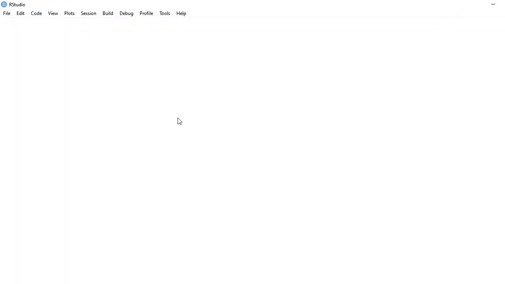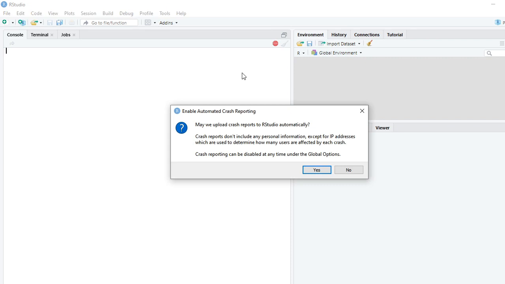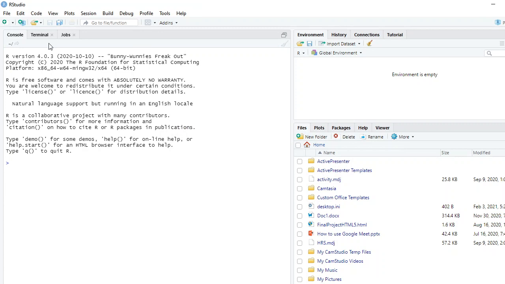Yes, you can see here the RStudio window is there. Here you can see that the console window is there.